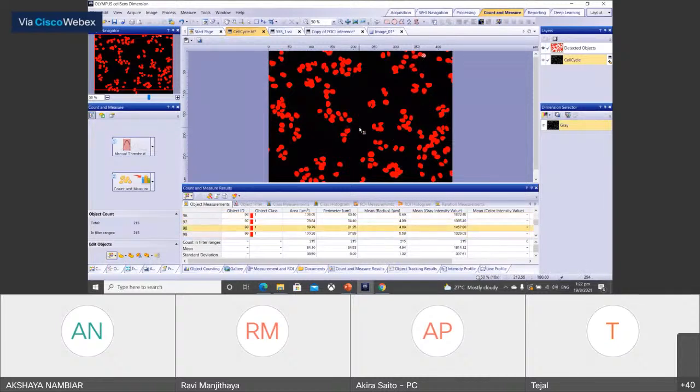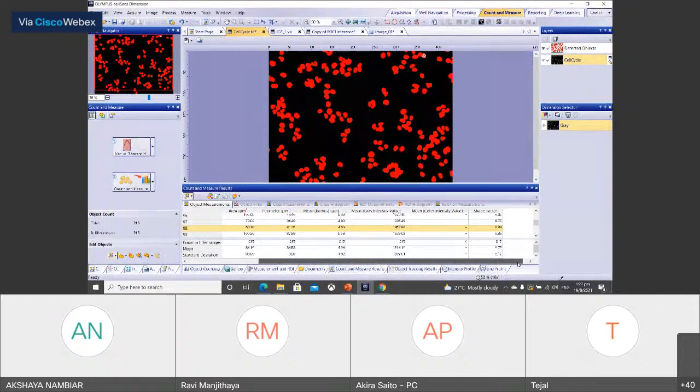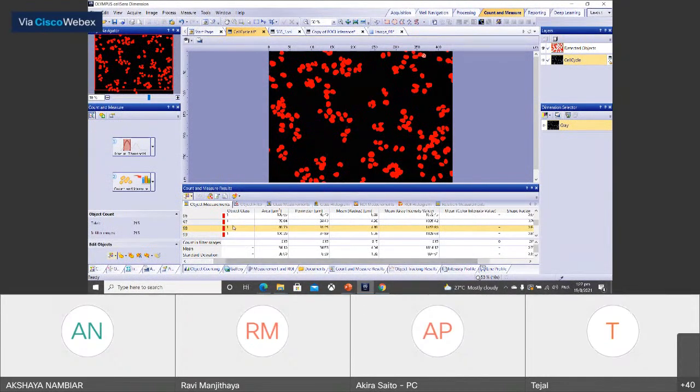So after the segmentation, in our software, you can get the information of the objects like area, perimeter, green intensity values, maybe shape factors from each object.